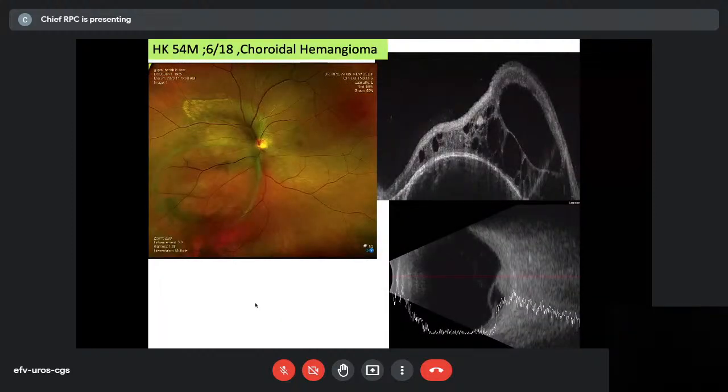So this is another condition where you can have multiple reddish-colored elevations. Often we see macular hemangiomas, but also in the temporal areas. There's no specific area. This hemangioma has very good sound transmission with some fluid, and there is cystic fluid over it. The ideal treatment for hemangioma is photodynamic therapy. But with the dye not being available, it's very sad that we can't treat them so well.